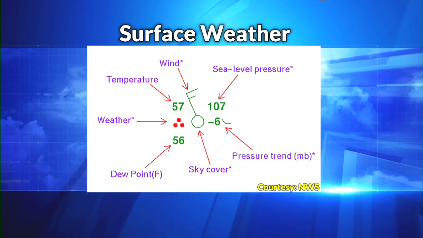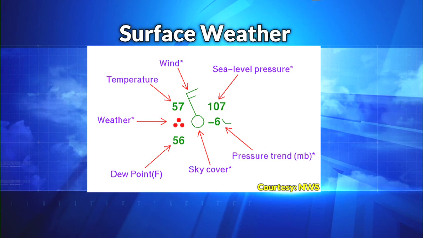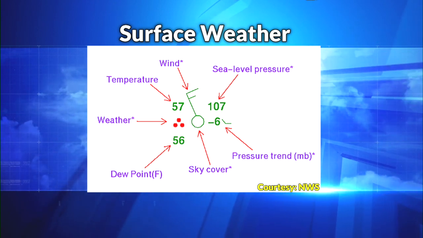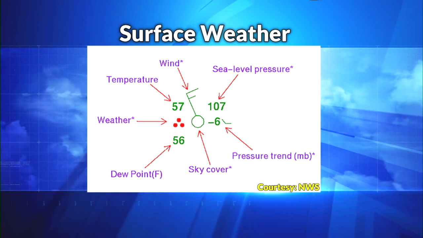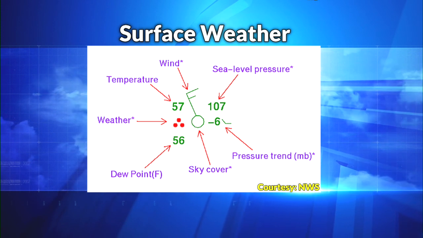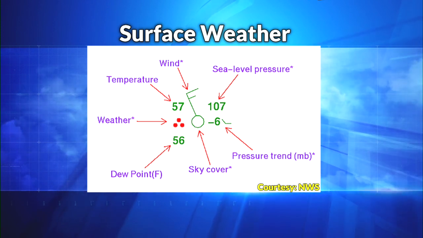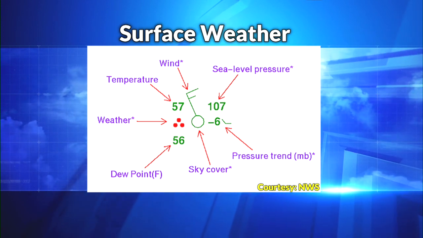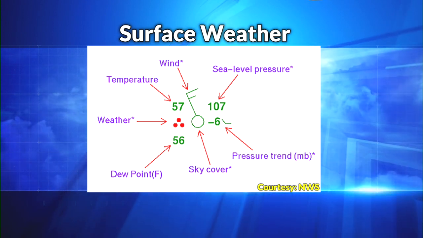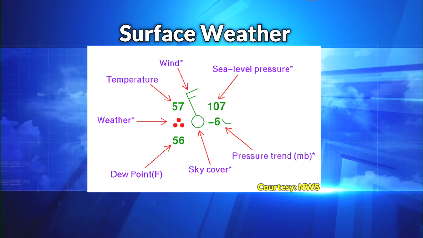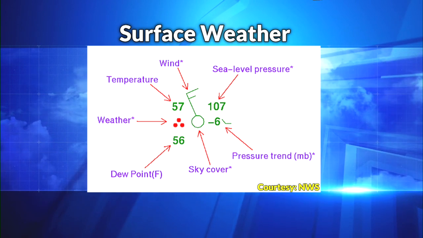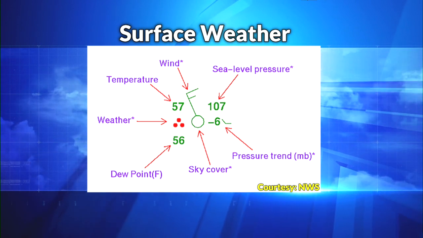You can see the circle there in the center, which represents the sky cover. When it's not filled in, that means it's clear or sunny. Then off of the circle, you have a line with dash marks. That is wind speed in knots and wind direction. The half dash mark is 5 knots, and one step up from that would be 10 knots. Eventually they fill it in with a flag, which is 50 knots, once it gets to 50 knots.